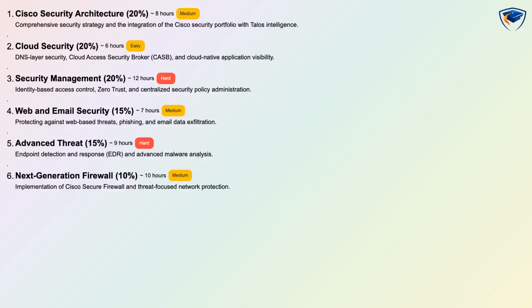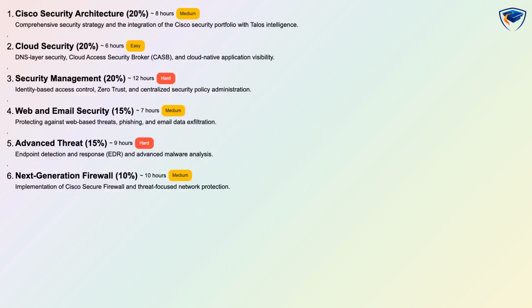Overview of the exam domains and weightings. Cisco Security Architecture 20%, Cloud Security 20%, Security Management 20%, Web and Email Security 15%, Advanced Threat 15%, and Next Generation Firewall 10%. Each domain combines conceptual understanding with scenario-based assessment and has suggested study hours to help you prioritize